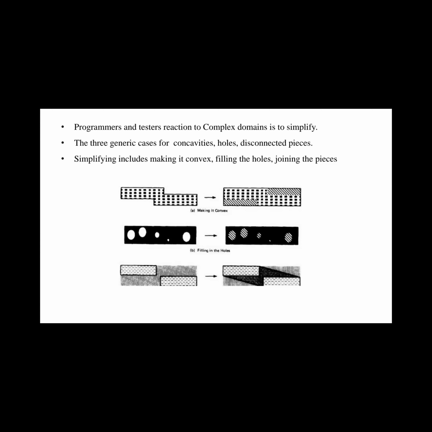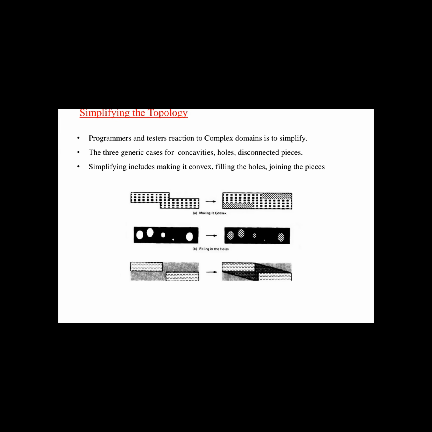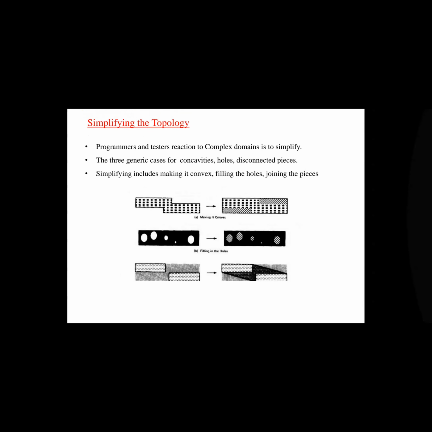By converting these types to that type, concave to convex, we are converting ugly domains to nice domains. Transformation can also be done from ugly to nice domains. These are the different representations of ugly and nice domains. So we have seen the properties of the nice domain, how you can represent a nice domain, what the different ugly domains are, and how ugly domains can be transformed into nice domains. This is up to the concept of nice and ugly domains.